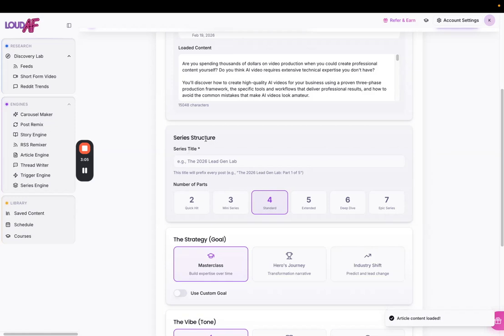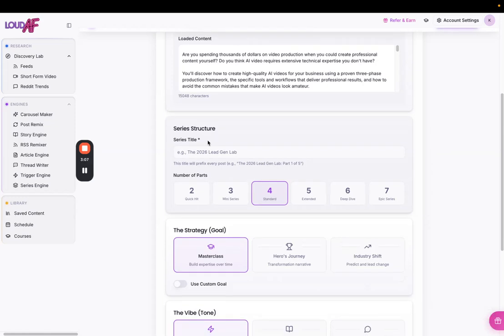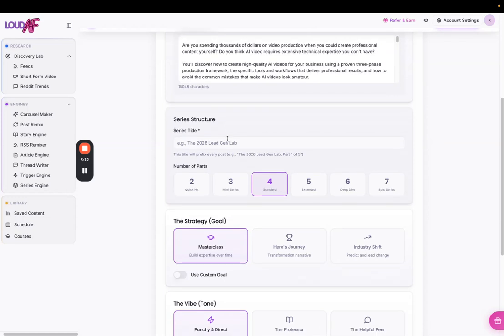Now over here under the series structure is where you can define your series title. So this prefixes every post. For example, let's just say the visibility playbook, and then part 1 of 4. There you go.